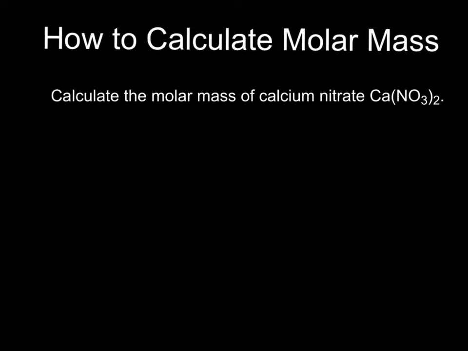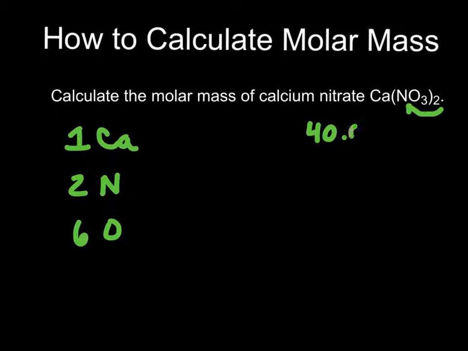When we look at the formula, we see that we have 1 calcium. And when we distribute the 2 into the parentheses, we have 2 nitrogens and 6 oxygens. Now looking up the masses on the periodic table, we see that the mass of 1 calcium